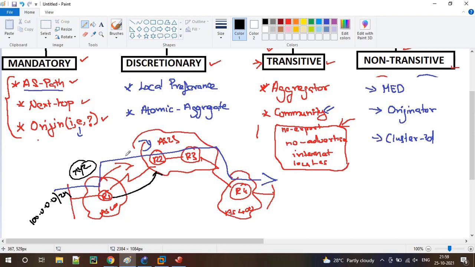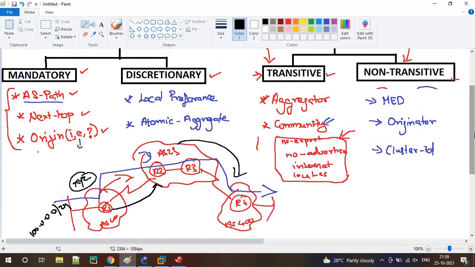R2 will receive the MED value I have advertised, but R2 is not allowed to advertise that MED attribute to any other AS. It stays in the next adjacent AS and is not allowed to be sent to other ASes. That means it is not going to transit. It is just going to stay there. That is what is called non-transitive.